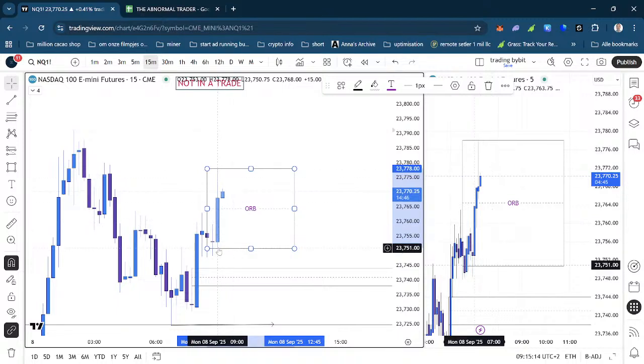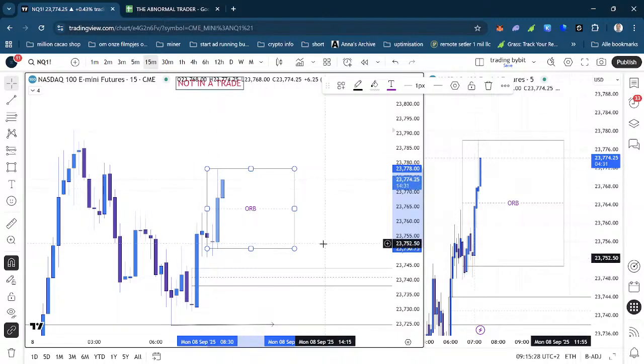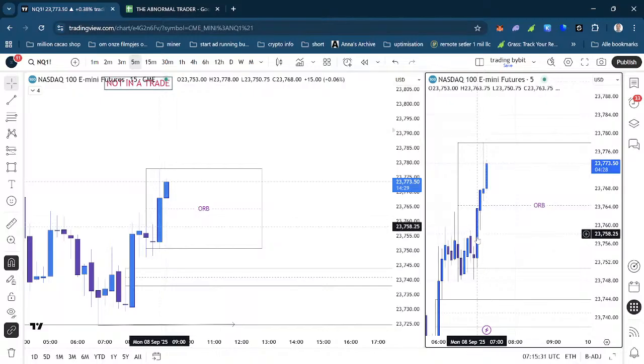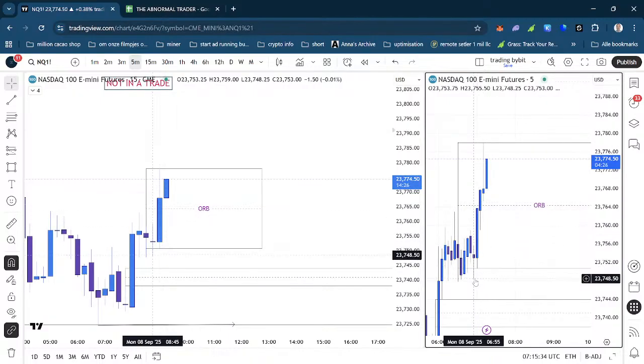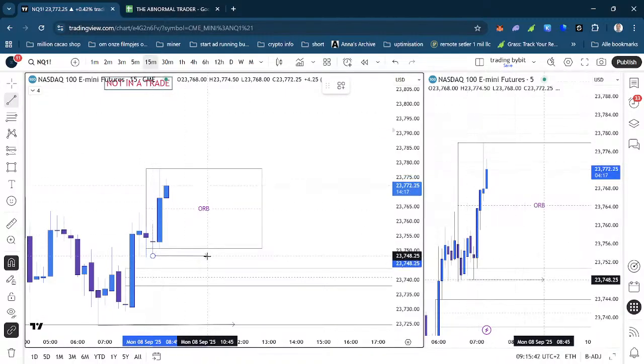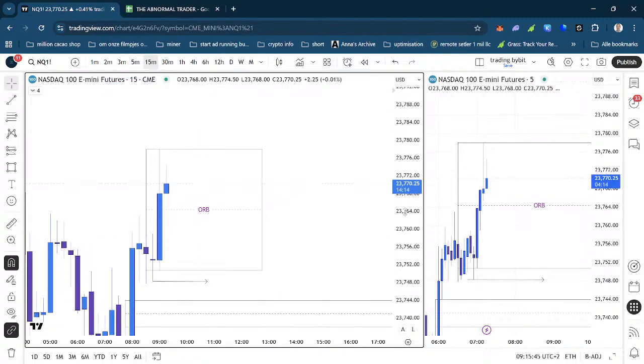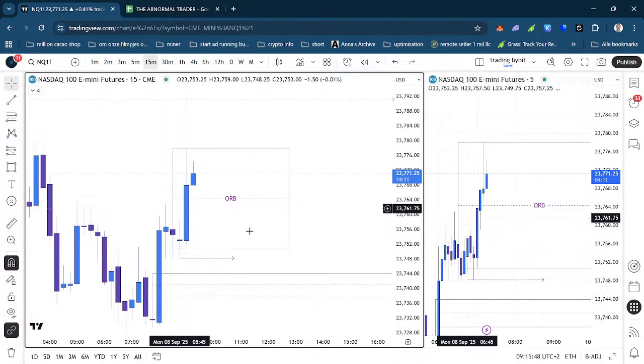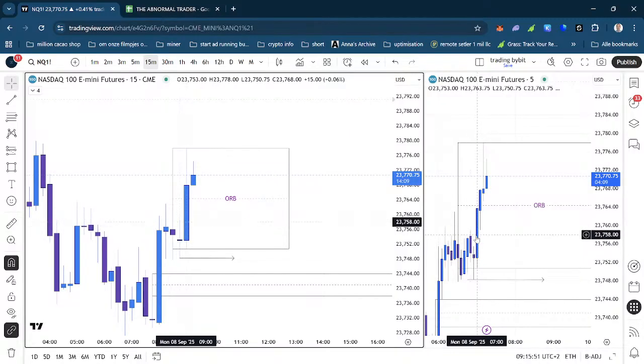So we do have the opening range. This is that candle of 9 o'clock itself, from 9 to 9:15. We do have value gaps inside the range right here. We have a 5 minute on the low. So the stop would be the last candle's wick. I believe that's this candle's wick that I would use as a stop. I know it's outside the range, but this is a fair value gap right here. And for value gaps, you have to take the previous candle's wick, so that's this one.